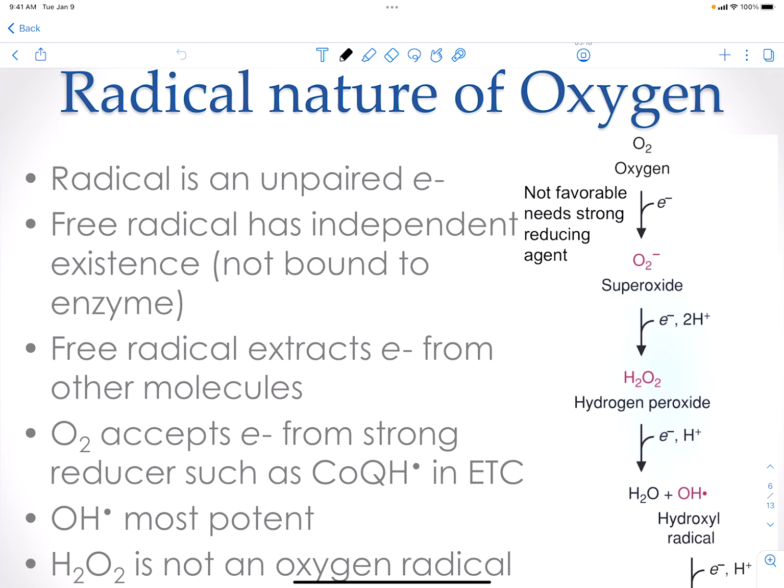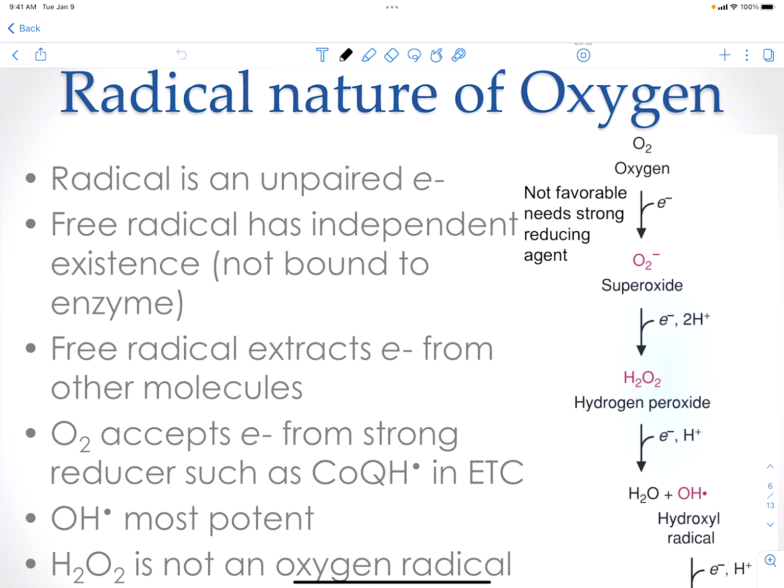So again, oxygen has this property of being able to form a radical. And a radical for oxygen is an unpaired electron. These radicals are going to be formed because oxygen, remember, loves electrons. It's the final electron acceptor in the electron transport chain. So anytime you have electrons moving in a process, whether it's using NADPH through xenobiotic neutralization, or whether you're moving your electrons in the electron transport chain to form ATP, if oxygen gets access to those electrons, it's going to form a radical.